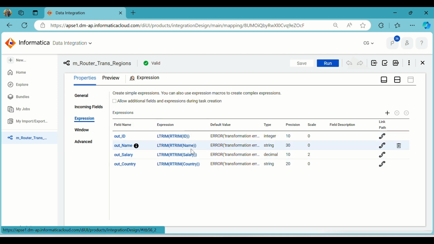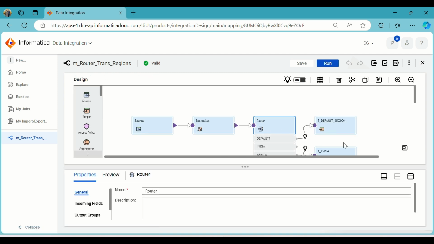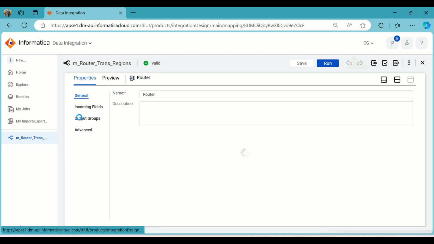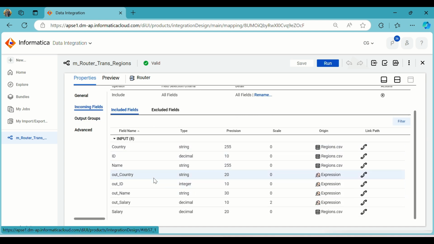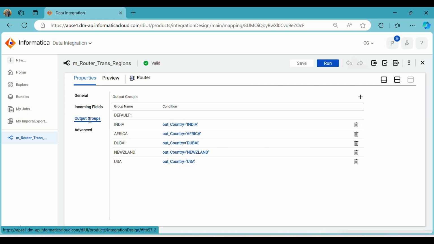Here I have mentioned all in case sensitive, right? So till here I'm getting the data. Till router I'm getting the data. If you see here, incoming fields are also from expression. I have it in case sensitive only. Here is the output group. We have here mentioned it all in capital letters. So that's why it's not able to match this criteria and it is pushing all the records to the default